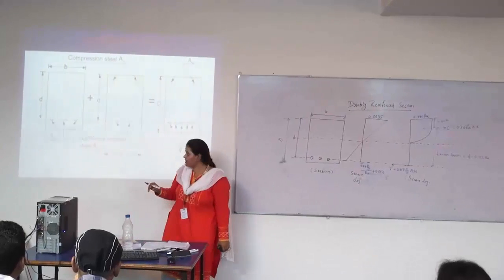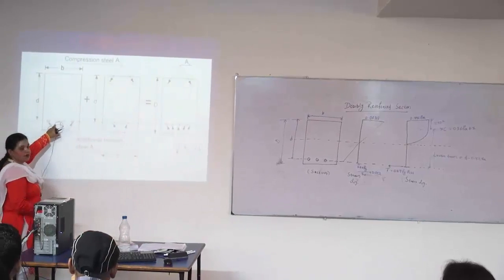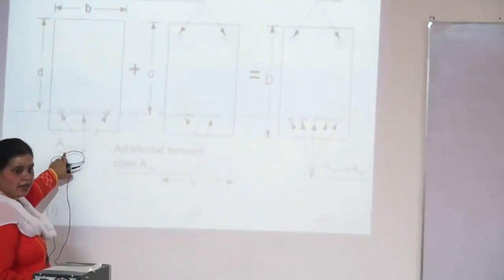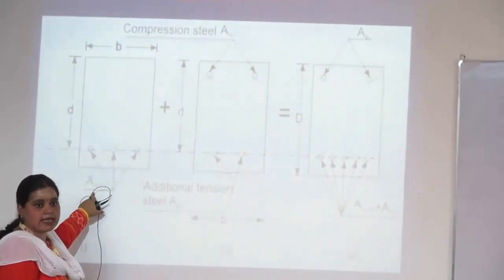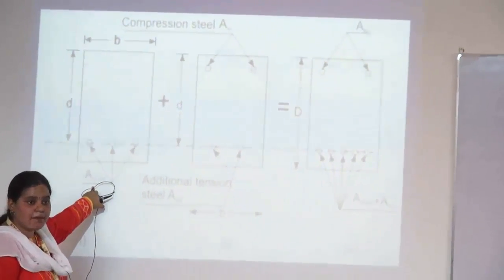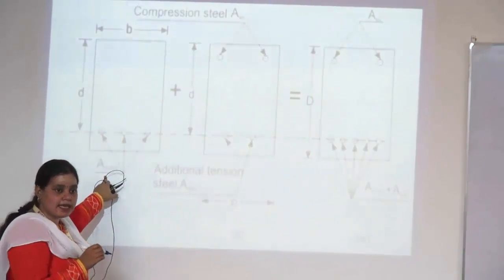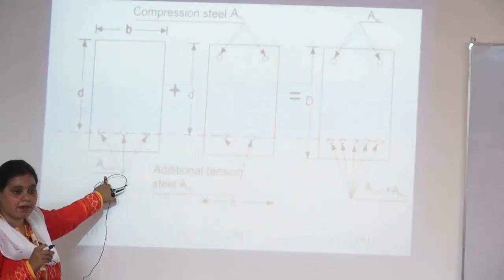What is the imaginary beam? In this beam, this is your steel bars, and here the area of steel is Ast limit. I have just given Ast limit, which may be Ast1 also. In place of Ast1, I place Ast limit. Why? Because in a singly reinforced section, what happens?